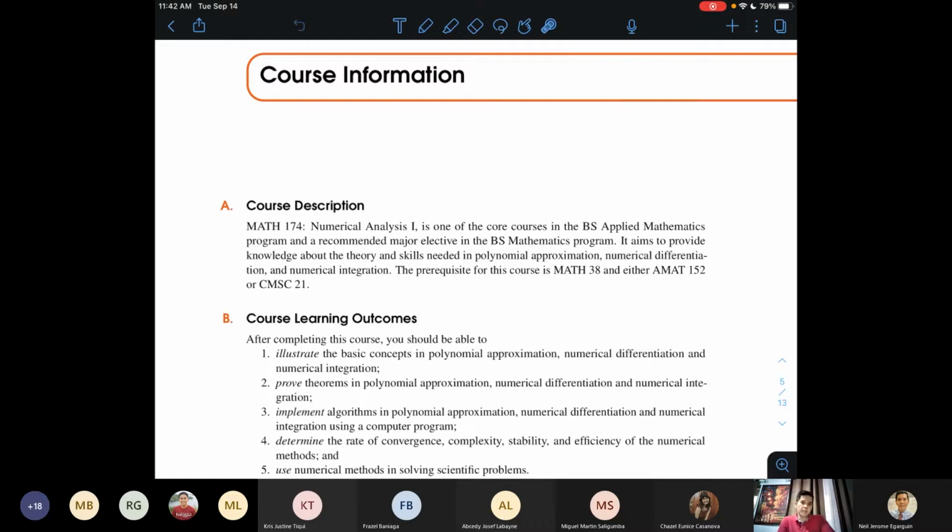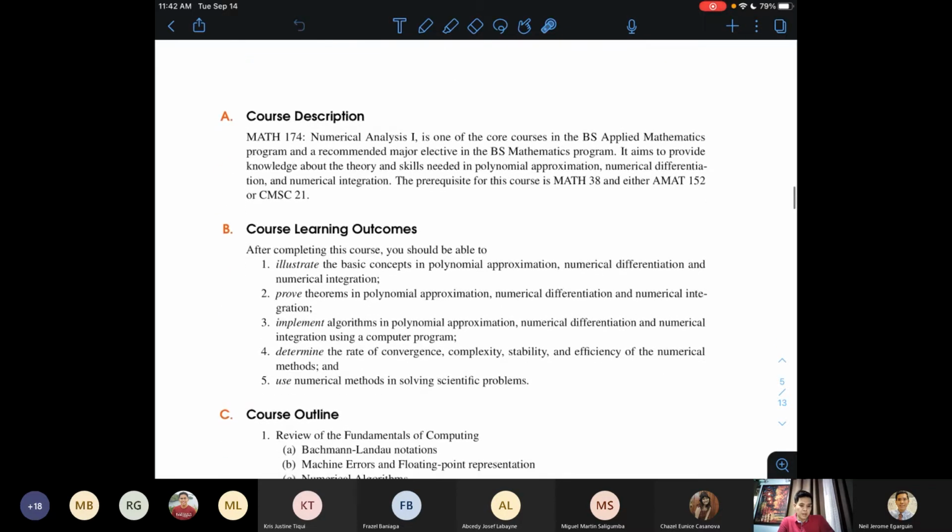So in module 1, the actual content that we want you to read is the course information. So makikita niyo na dyan, what is Math 174? I just realized that it is not required anymore to be as math students. Required na lang sa applied math students, but I think kasi nung time namin required pa yung Math 174 for math majors. But I think this is very helpful for math students. That's why I asked some of my advisees to also take this as a major elective.